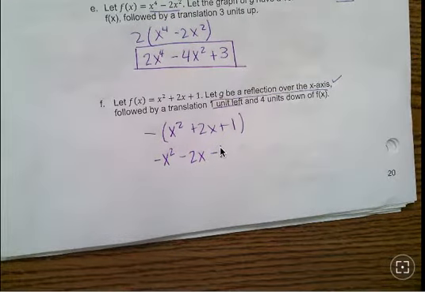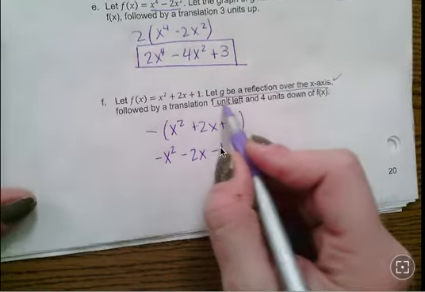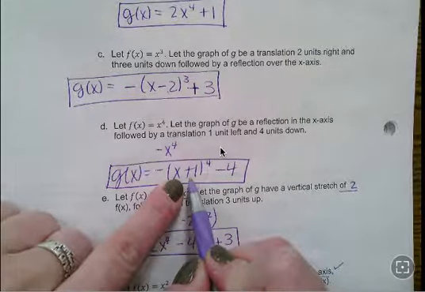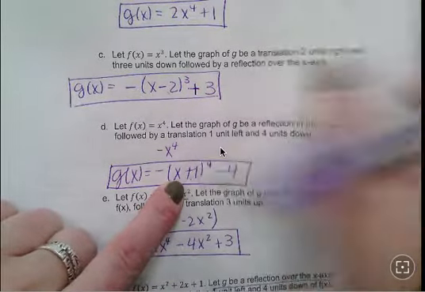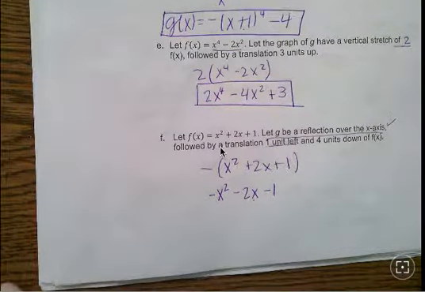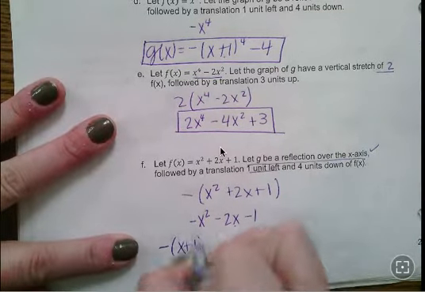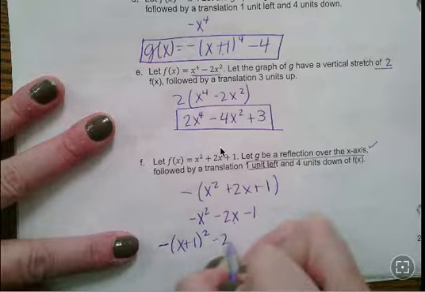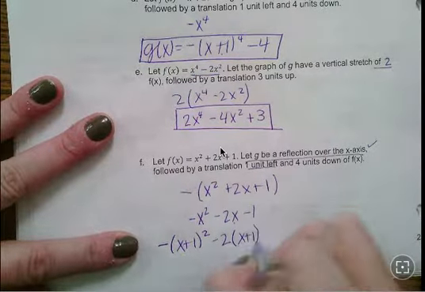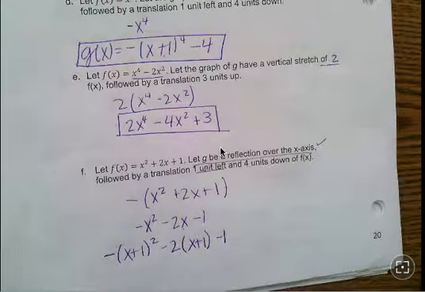Okay, here's how things go different for us. When you usually went left, it looked like this, right? You had an x plus 1 on the inside. And we're still going to do that, but now we have 2 x's, right? And so we're going to have to put that x plus 1 in both spots. So we've got a negative, and then x plus 1 squared minus 2 times, you have to put the left right there as well. Okay, and then you keep that minus 1 on the end the same. All right,